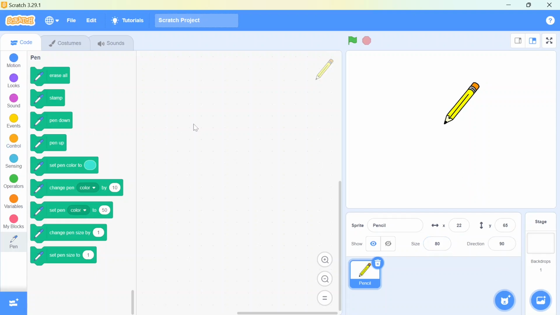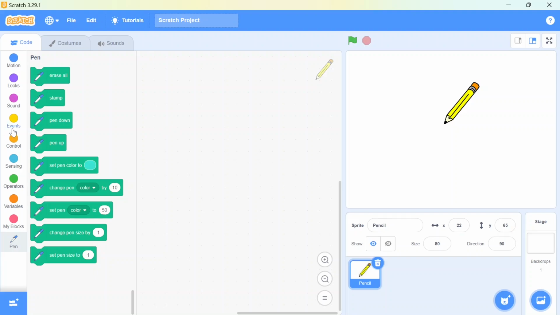Now what do I need to do? First we'll start with a square. We know a square has 4 sides, each side's length is equal, and each angle is 90 degrees. So we'll focus on these conditions, and on the basis of that we'll make our code to draw a square.